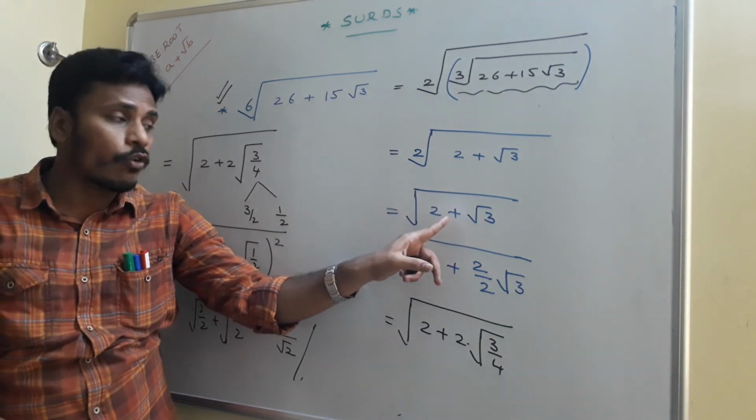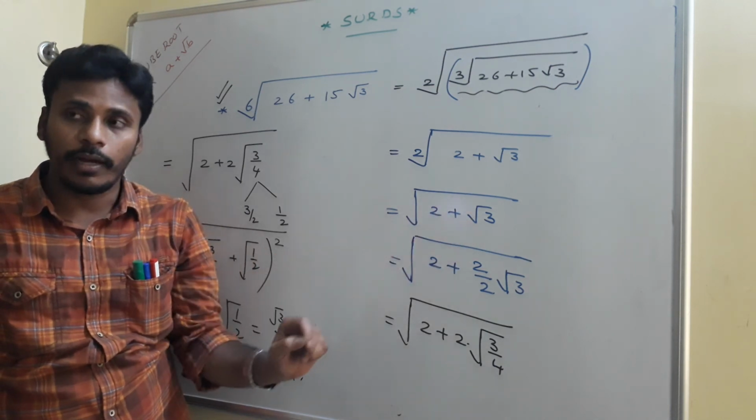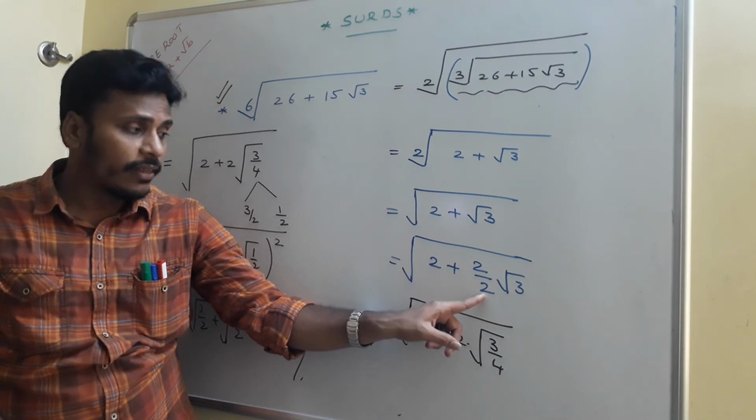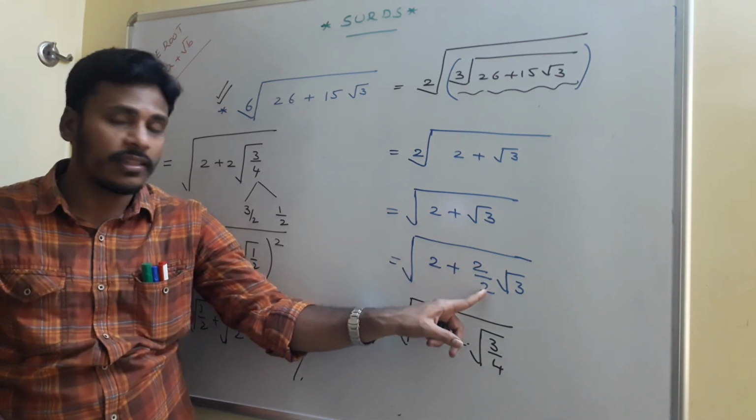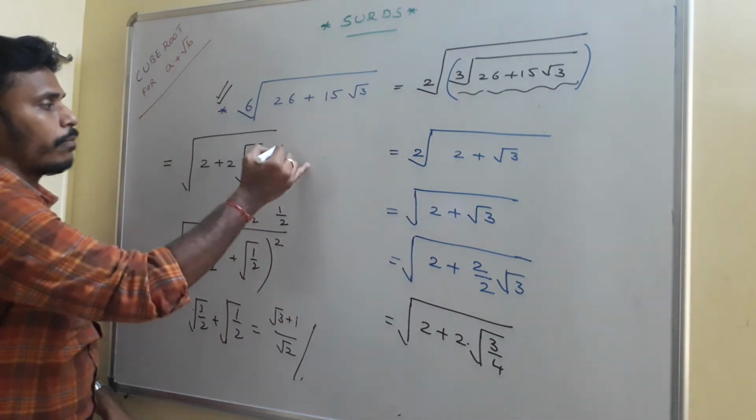To find the square roots of the surds of the format a plus root b, you need to maintain a 2 before this irrational part. For that 2, I am multiplying and then I am dividing. Right? Then you just keep the 2 out and then send this 2 in. It becomes like 2 times the root 3 by 4. Now this is our problem.